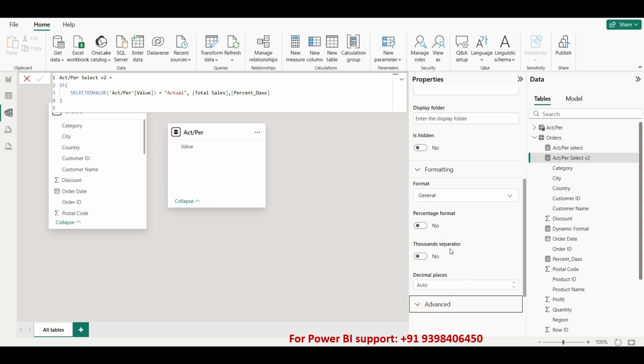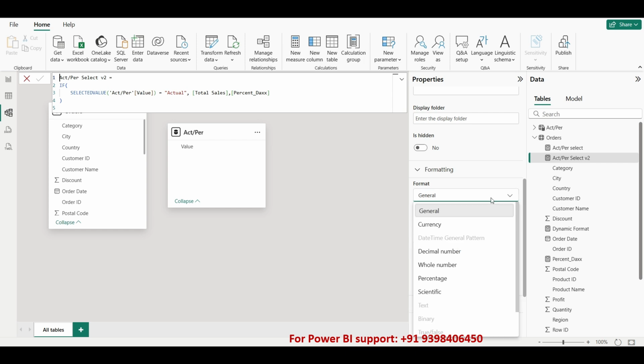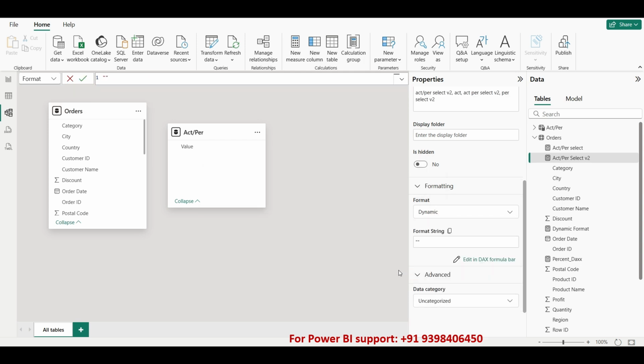You can see 1000 separator, decimal place, percentage format. So a lot of options are there, but mainly we are interested in format options. So once you click on the drop down of format, you can see general, currency, decimal number, whole number, percentage, scientific, right? So what we want is, instead of custom, we can create dynamic as well. So once you click on dynamic, you can see something called format string, and you can see edit in DAX